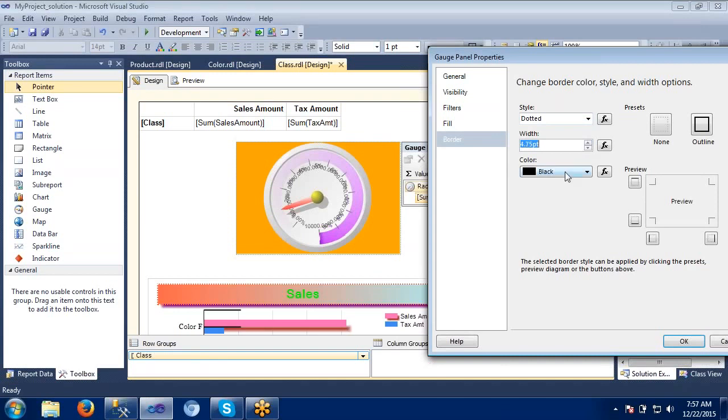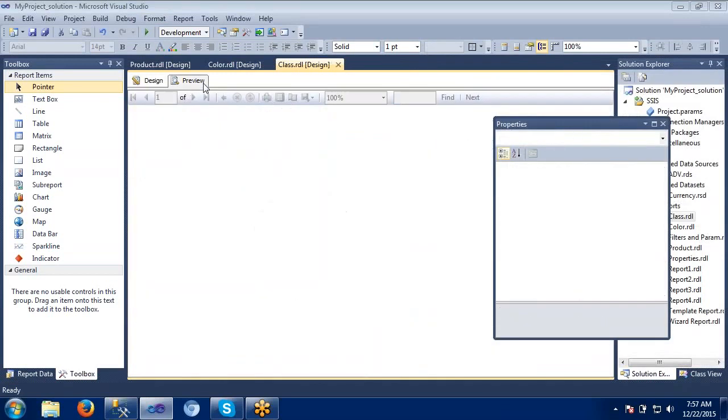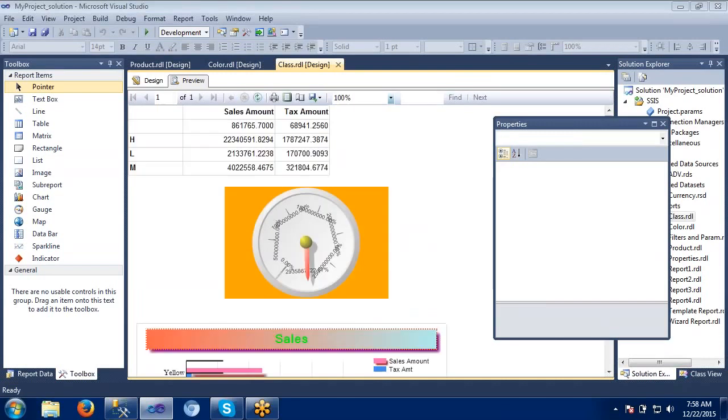So like this, it will be changed here. If I give some red mark, then I hope this will be understood. So this is how it will be changed as the borders. Okay, change this one, review it once again. So sales amount, it is starting with some values here like this 86,000 or something. It's ranging from these values. So like this, it will be indicating the values on this gauge here.